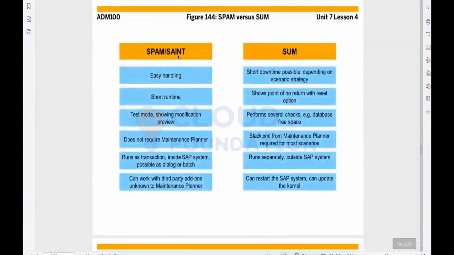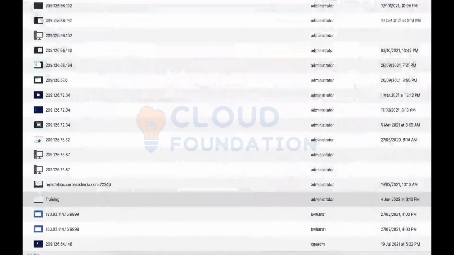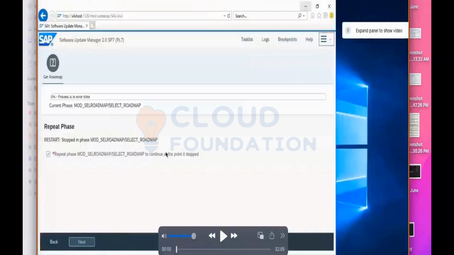We can use SPAM and SAINT T-codes for applying the support packages, and we can also use Software Update Manager, which is a tool. These are the transaction codes. With these transaction codes, we can apply the support package in the SAP system. Let me show you, but these things can be applied only when you are